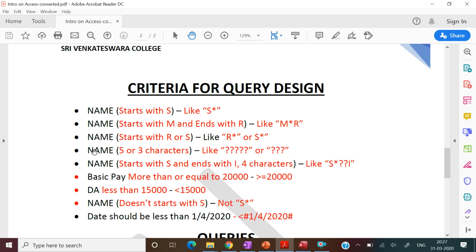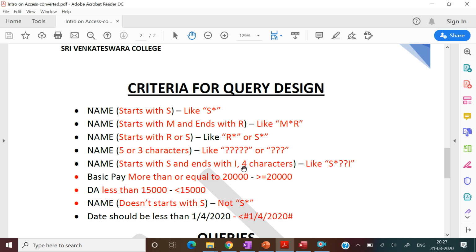Okay. Then name with 5 or 3 characters. So how do we do that? For 5 characters, put five question marks, or for 3, put three question marks. Now name starting with S and ending with I, and the name should have 4 characters only.